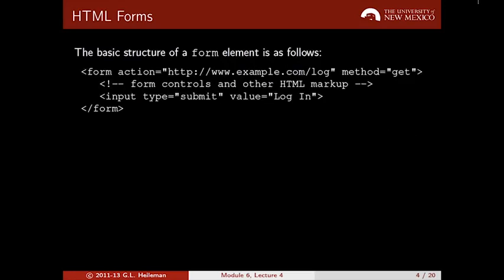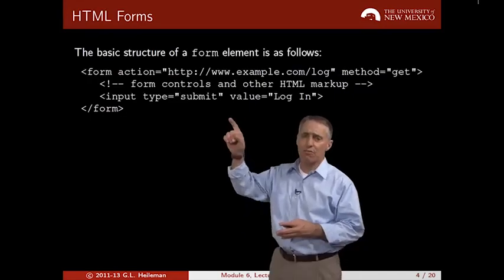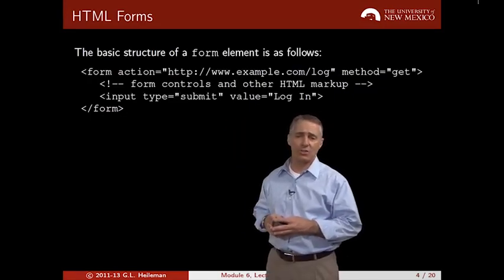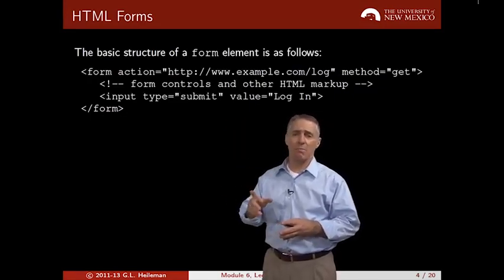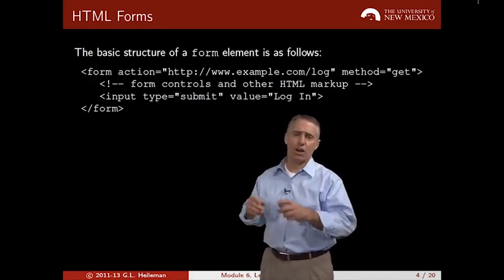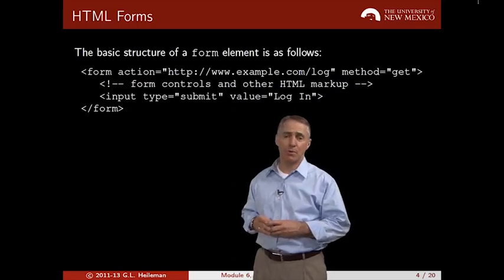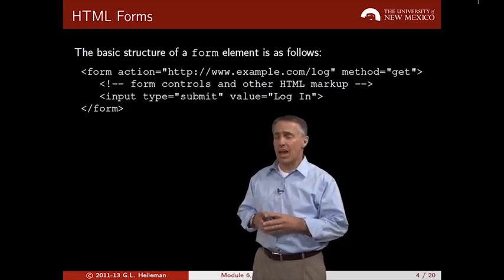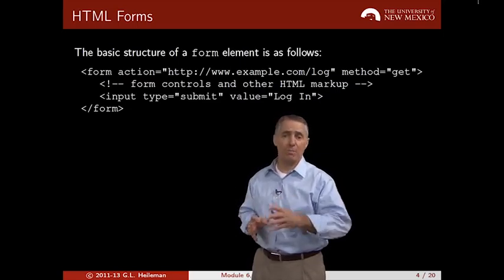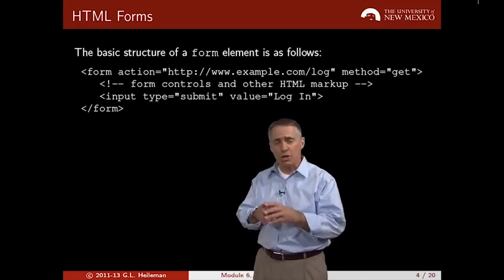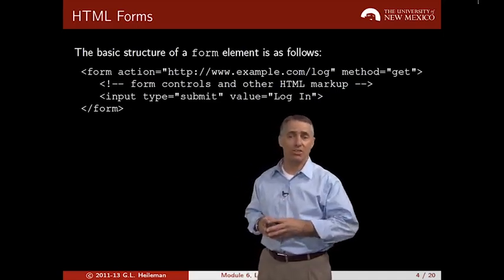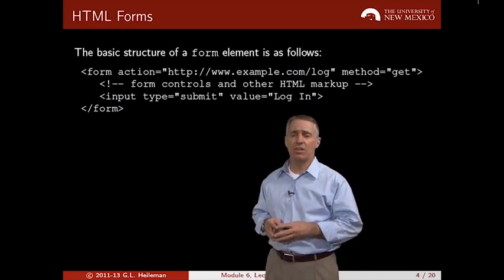This is the basic structure of the form element. So you see the form tag there, and there's two attributes. There's an action attribute and a method attribute. And then I show as a comment where the form control goes, and then the next line, this input type equal submit, that is what creates the button, and the button will have the value login. So this will create a button on the web page that says login, and then you see the close tag